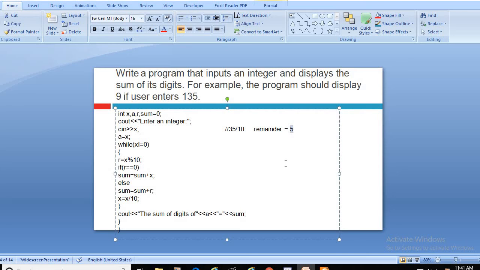So 5 is separated, and this is done through the mod operator, which is written with the percentage sign. So 35 mod 10 means its result will be 5, and this is the mod operation.